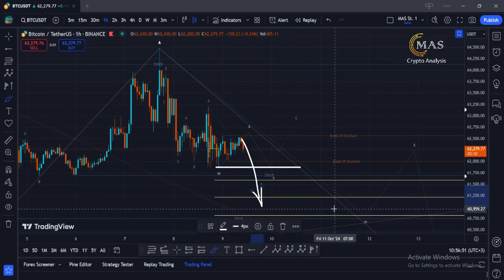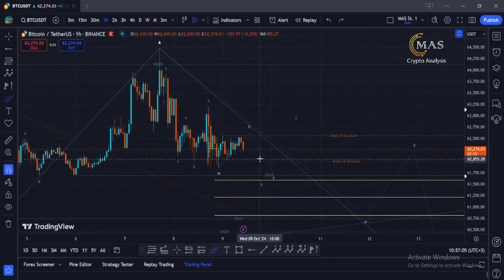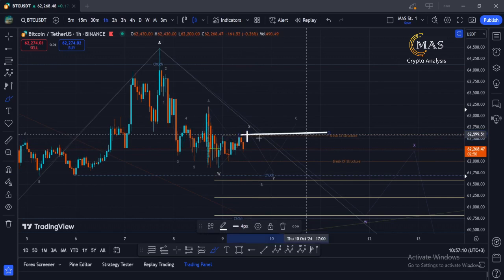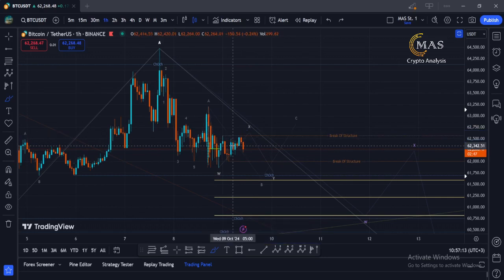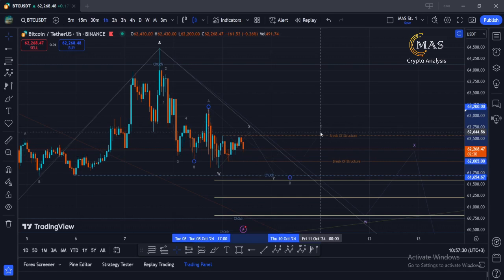But if we go to create this highest here, and I am waiting to watch this highest for this X. I can expect that if we go with this fake out with this green for this level, we will watch another high here, my friend, reaching for this highest level. I'm waiting to see. This is my all analysis, but I am waiting to watch ending for this gray B with this WXY. This is my all analysis at this point.